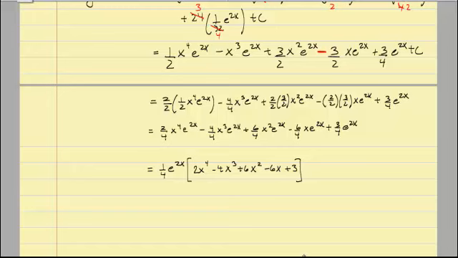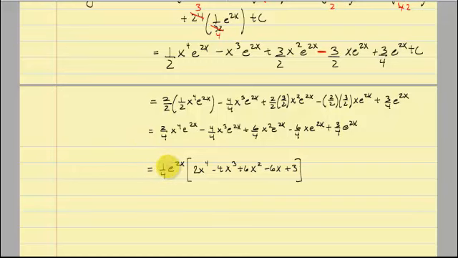So when I simplified and found a common denominator, my common denominator from up here would be 4. So I multiplied top and bottom by 2 over 2, 4 over 4, 2 over 2, 2 over 2, and this one already had the common denominator. And so multiplying that out, I now have a common denominator of 4, and I can go ahead and factor